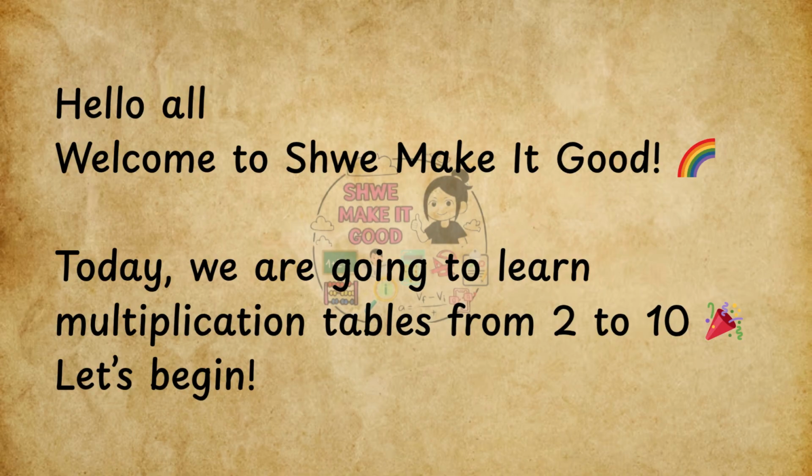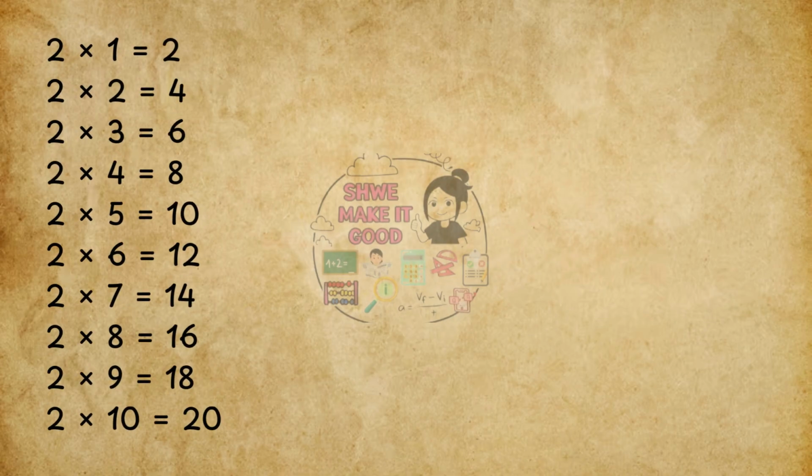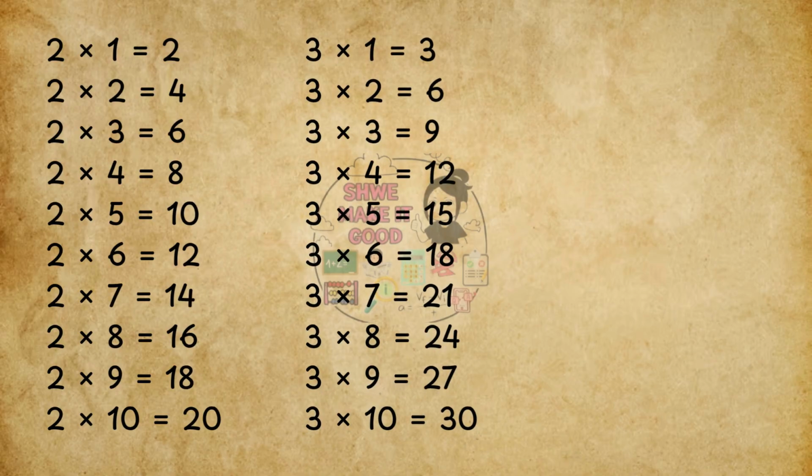Let's begin. 2 ones are 2, 2 twos are 4, 2 threes are 6, 2 fours are 8, 2 fives are 10, 2 sixes are 12, 2 sevens are 14, 2 eights are 16, 2 nines are 18, 2 tens are 20, 3 ones are 3, 3 twos are 6, 3 threes are 9, 3 fours are 12, 3 fives